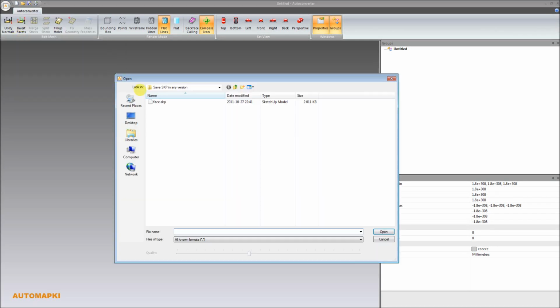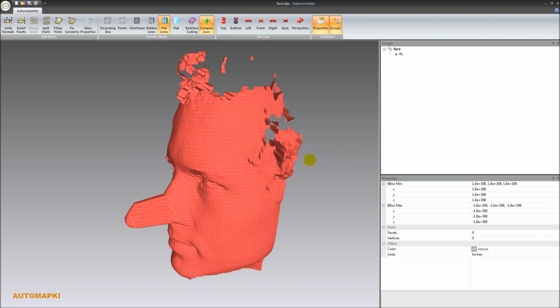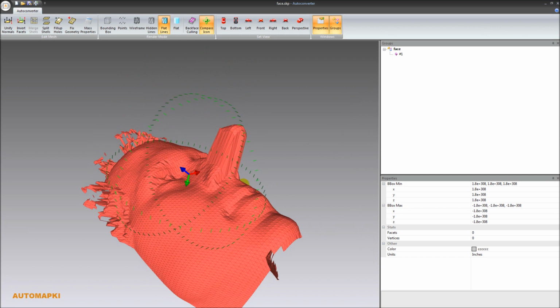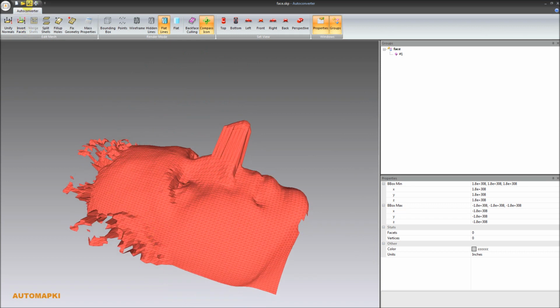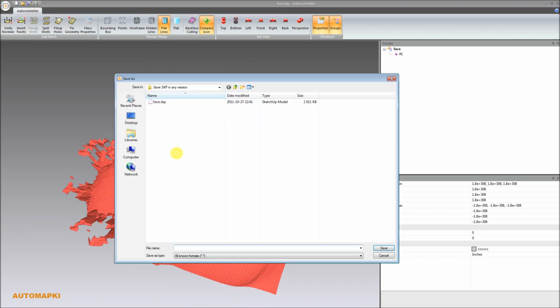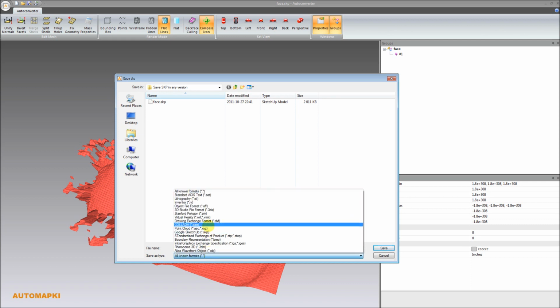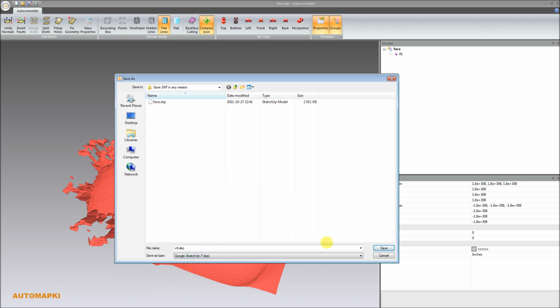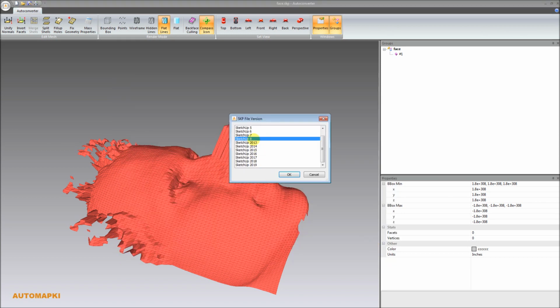To convert SketchUp SKP model to any file version, especially the older ones, like SketchUp 3, SketchUp 4, or SketchUp 5, please download and install AutoConverter software, freely available from the product web page. Then, please click on the Open ribbon button, and navigate to your SKP file location, and load your SKP model